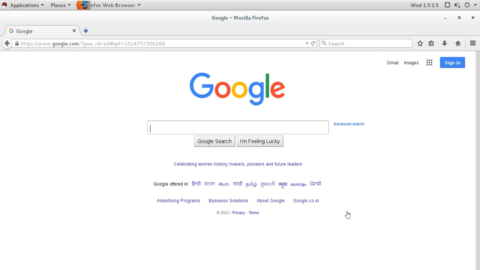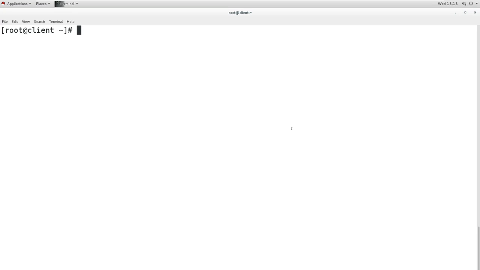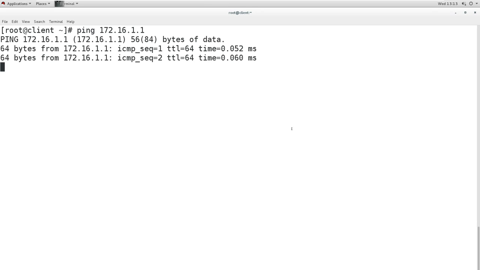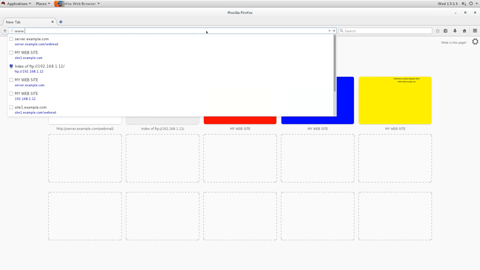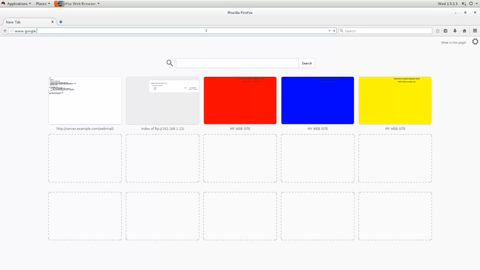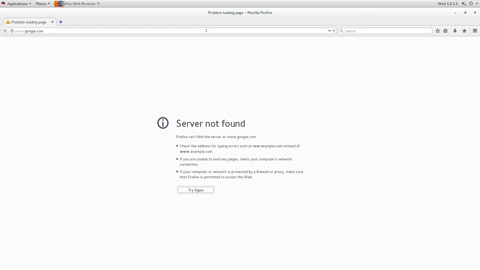Now when I go to the client, the client can connect to the server from this IP, it can ping, but if it tries to access the internet, it will not get the internet. It says error. It cannot get the internet because it is not connected to the internet.